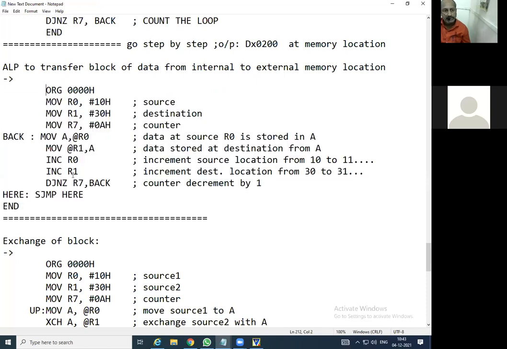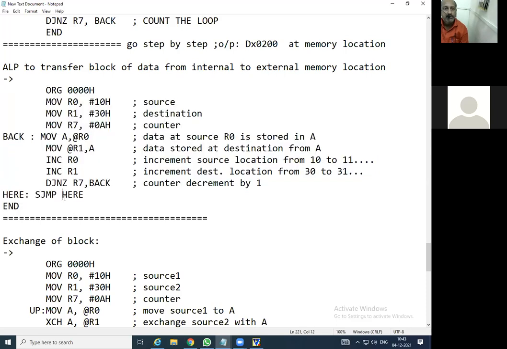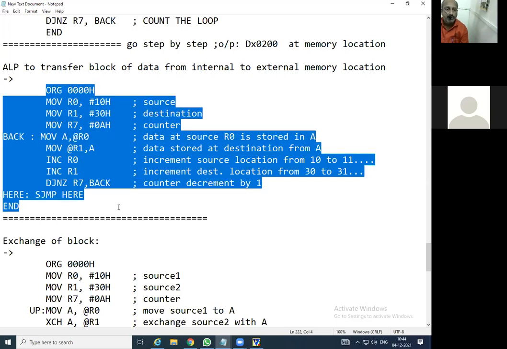So those who are interested, right now or afterwards, you can do it. If you have installed the Keil software on your computers or laptops, you can note it down. I hope that while explaining, you have copied the data. This is the code for the same. I will give you 1 minute to go through it and write this code for transfer of block of data.